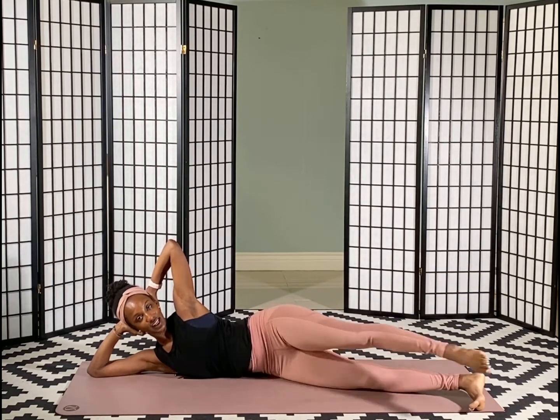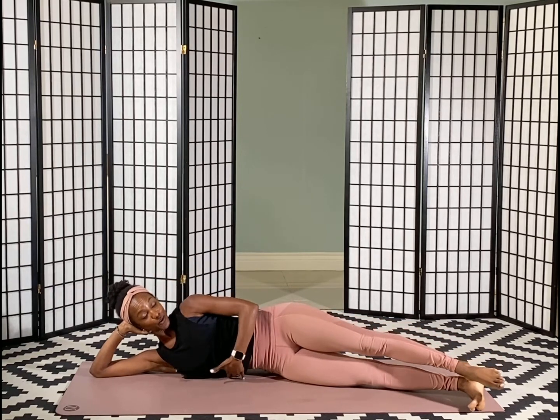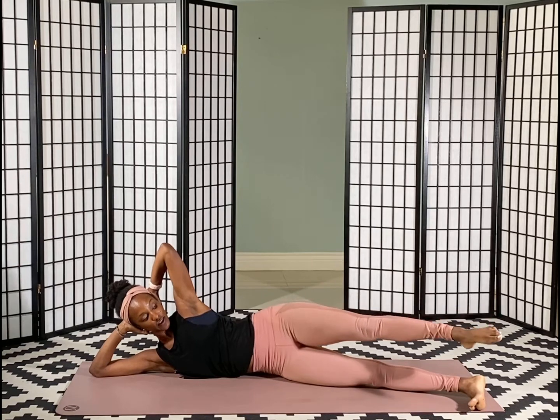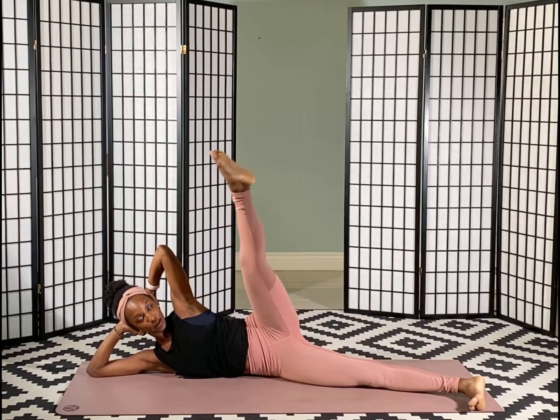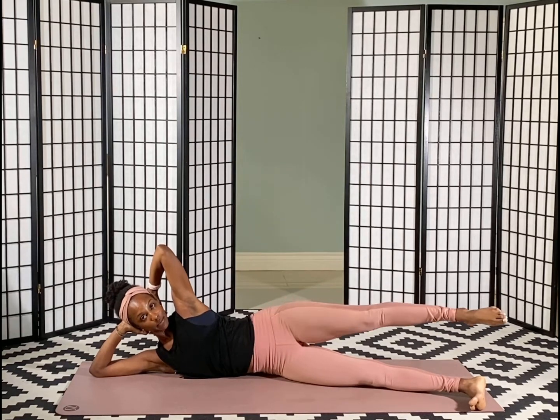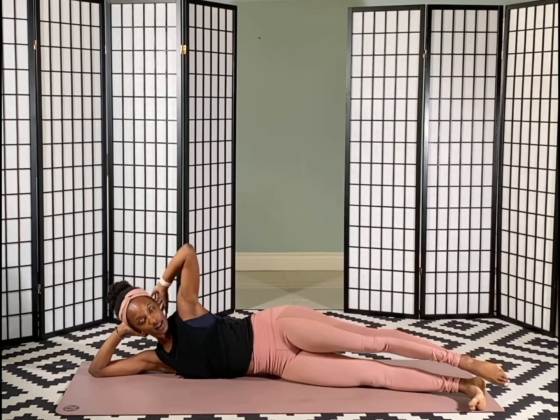Last one, lengthen back. Go ahead, stack your legs, turn the top leg out, check back in with your waist, lifting from the mat, and then kick up and lengthen longer than that bottom leg. And lift, see if you can reach out past that other foot. And same thing here, you want to stay long through the opposite side of the waist as this leg kicks up. Last 3,